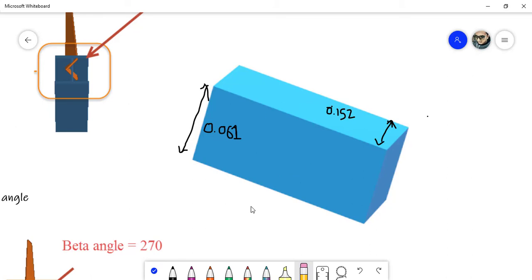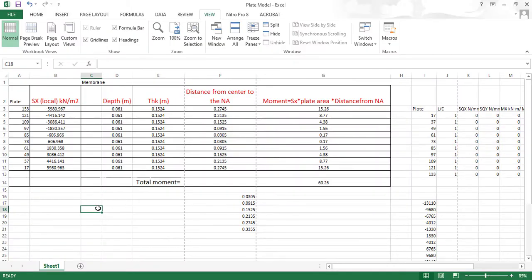So each small part has this particular dimension. Here we need to work out the shear force. Then I have provided the depth, that is 0.610, thickness as I mentioned 0.1524, and this particular distance is from the neutral axis,